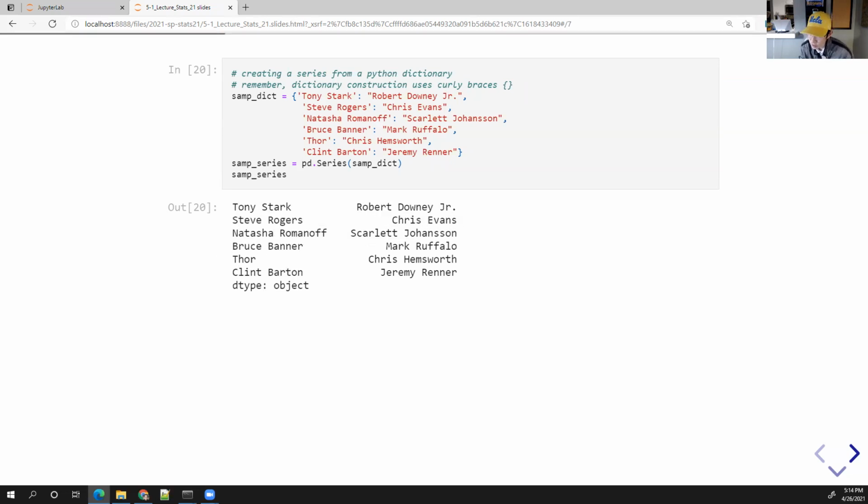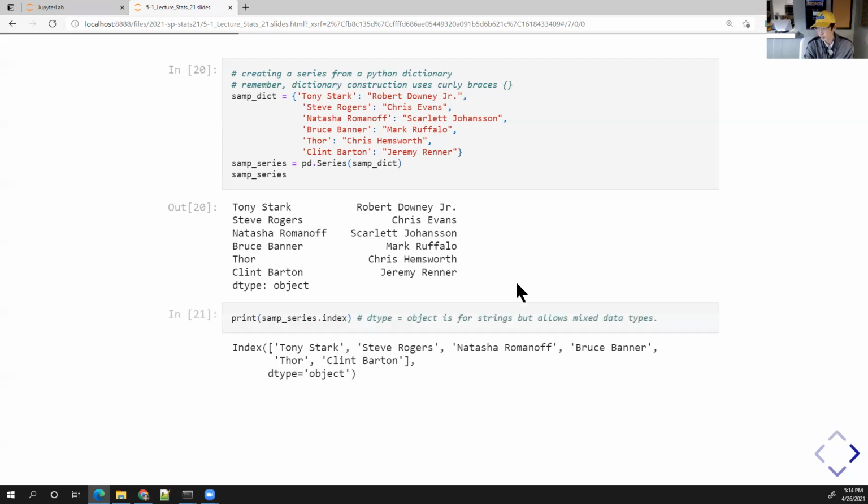Okay, so a question says, you could index like R if you set up the index starting at 1. So yes, you can. It can get a little confusing because certain things will still use index-based positioning and other things will use the index that you provide. I'll show an example of that a little bit later. But yes, you can create the index yourself so it starts at 1 and